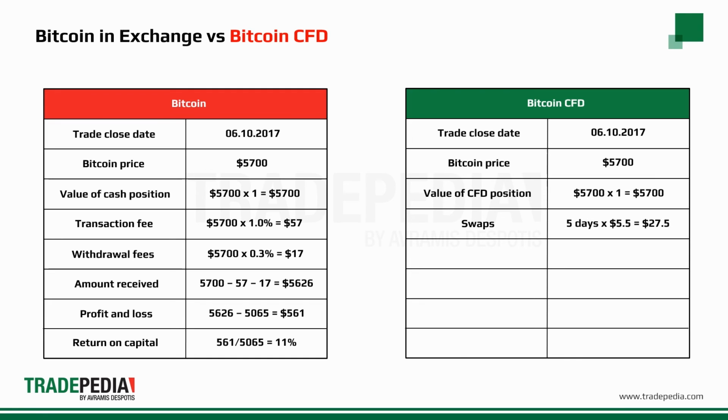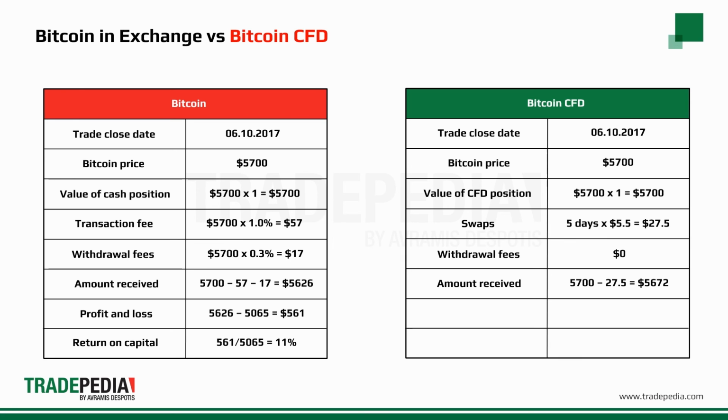On the CFD, there are no transaction, withdrawal or other fees, but we pay the swaps, which is the cost of holding the position overnight. With swaps of $5.5 per day per unit, the cost is $27.5. The total amount received becomes 5,700 minus 27.5, which equals